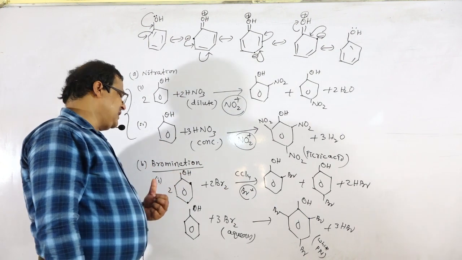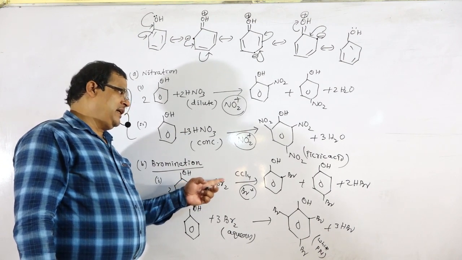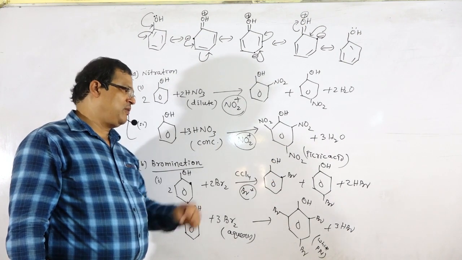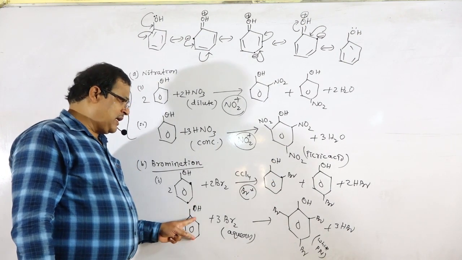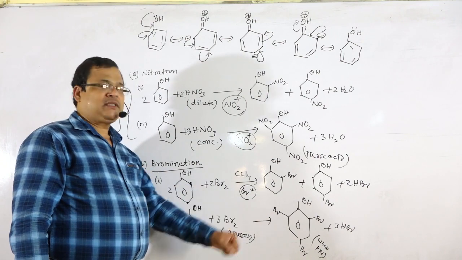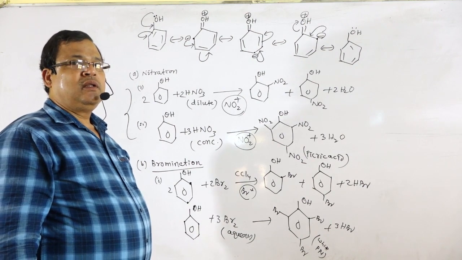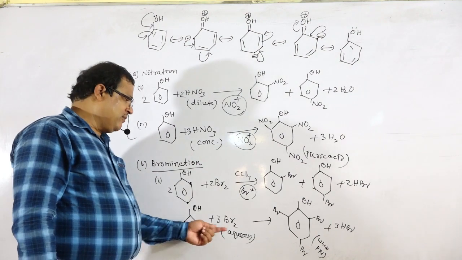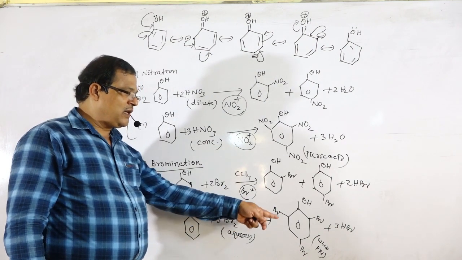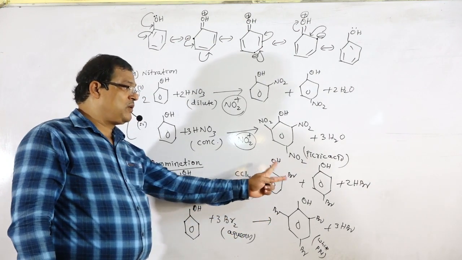So regarding the bromination reaction, whenever phenol is treated with bromine in presence of CCl4, an inert solvent, there is the formation of orthobromophenol or para-bromophenol, a mixture of both. But whenever it is taken in aqueous medium, there is the formation of a white precipitate of 2,4,6-tribromophenol. Here the question is, why does bromine in aqueous medium have the ability to form all the ortho and para products, that is 2,4,6-tribromophenol, but in an inert solvent there is only formation of ortho and para products?